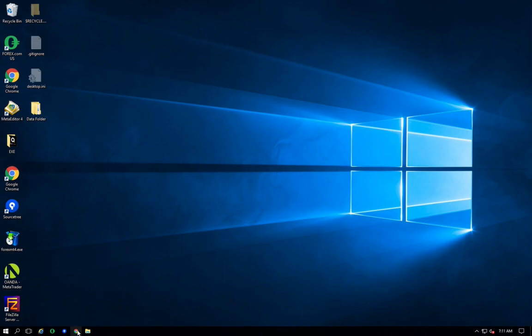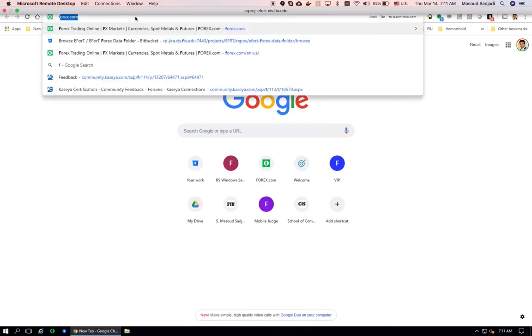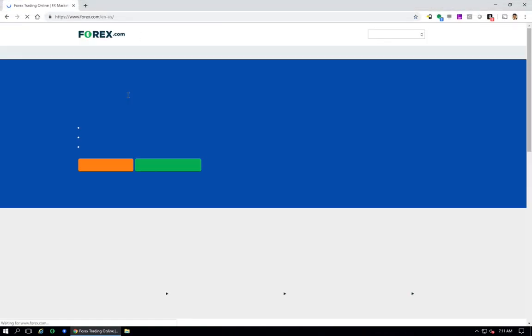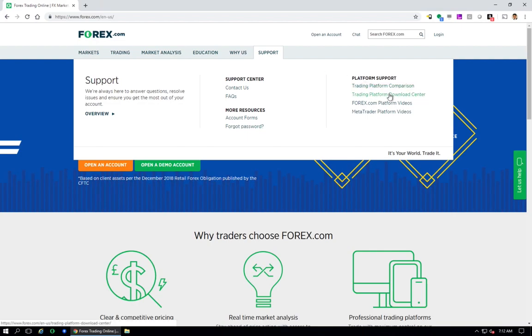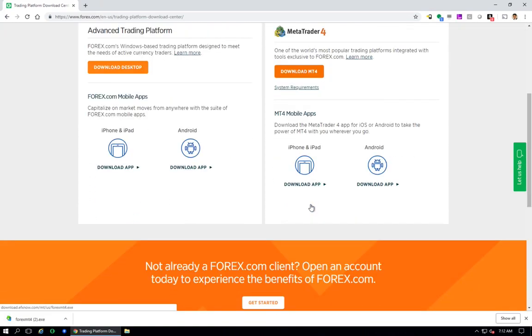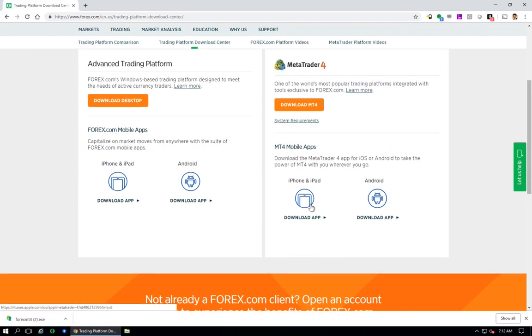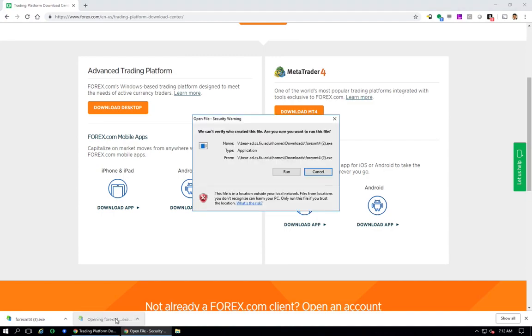MetaTrader 4. So it should be easy to just go through one of the brokers like forex.com and look for where to download and install MetaTrader 4. Here we could basically click on download, and yes, we have downloaded a couple of times now. Okay, you can start running it